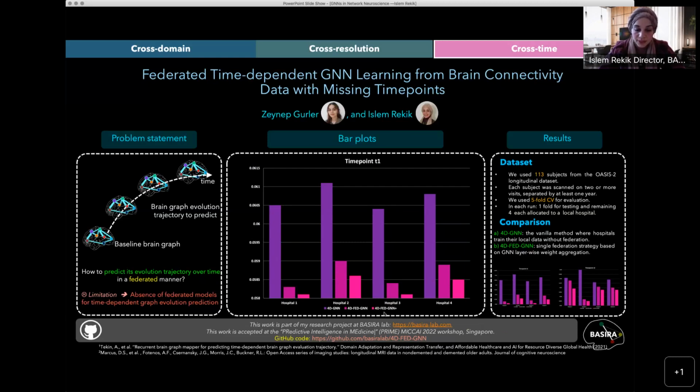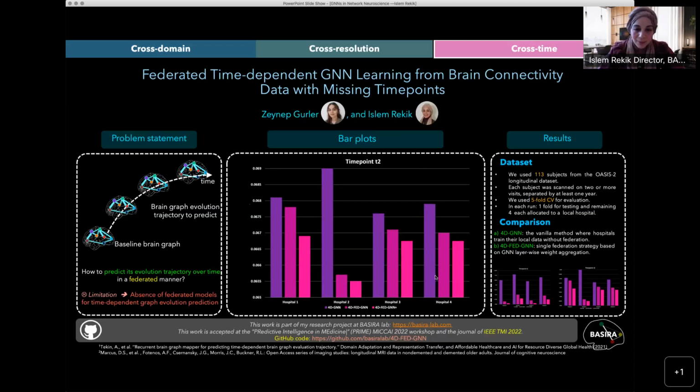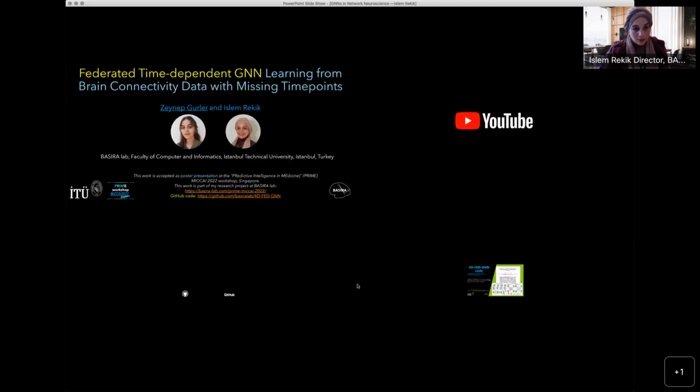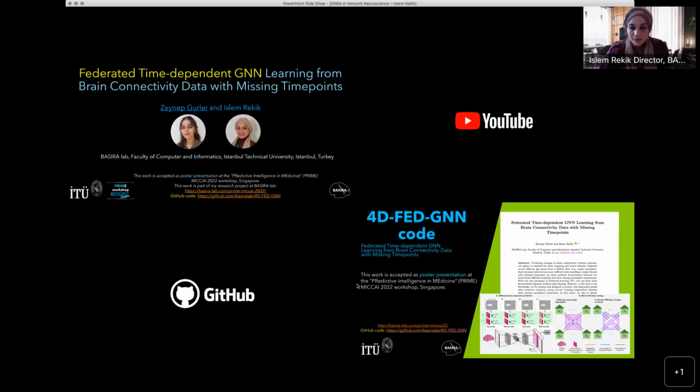For the 4D fed GNN plus, we had the federation and the model exchange with these different case scenarios, and you can see that we had a further improvement. And we added the 4D fed GNN plus plus with the ordering sequence, and we had even another improvement. So that was the TMI paper. At the second time point, T2, for the real data set, you can also see a very nice decreasing trend, reproducible using this federated learning strategy. So the paper is also available, and feel free to watch the video.